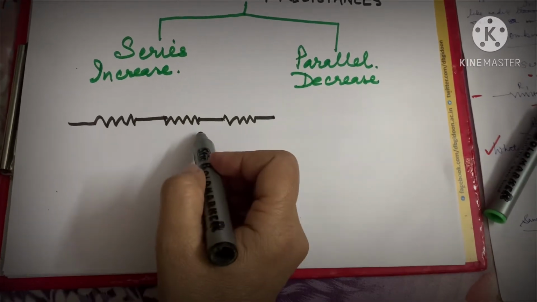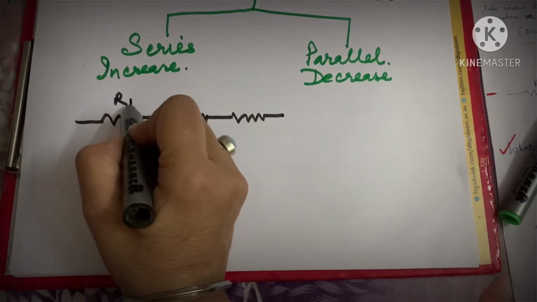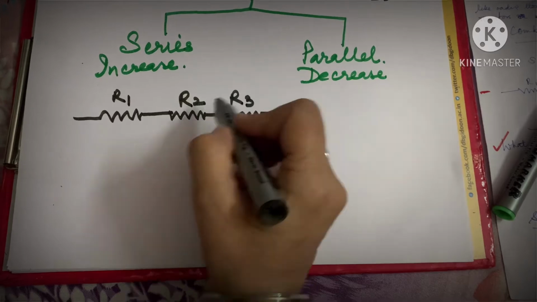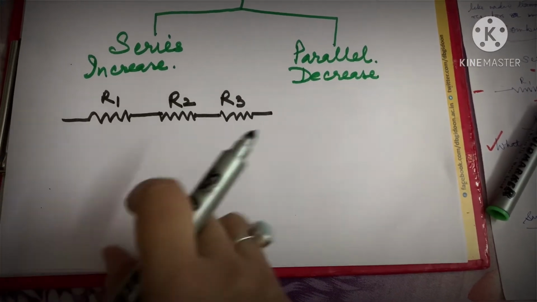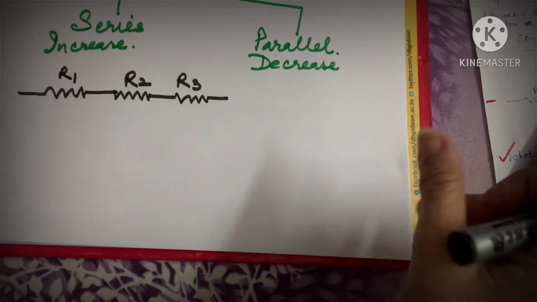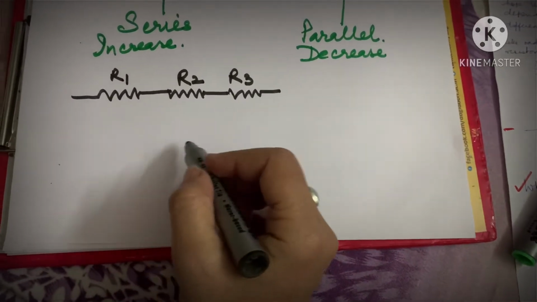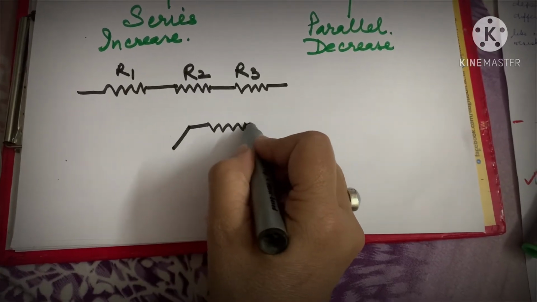In this figure, three resistances R1, R2 and R3 are connected in series. Now, on the other hand,